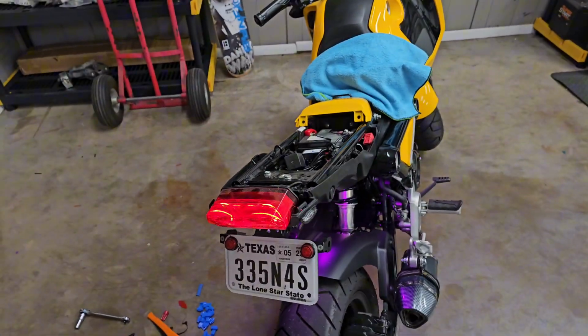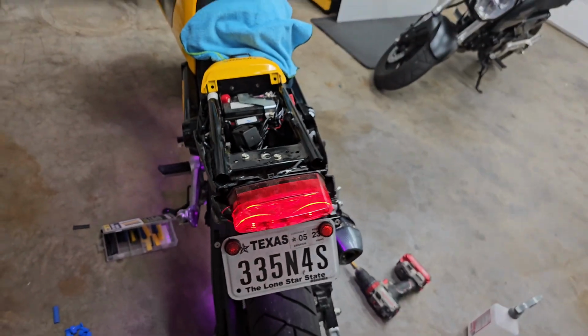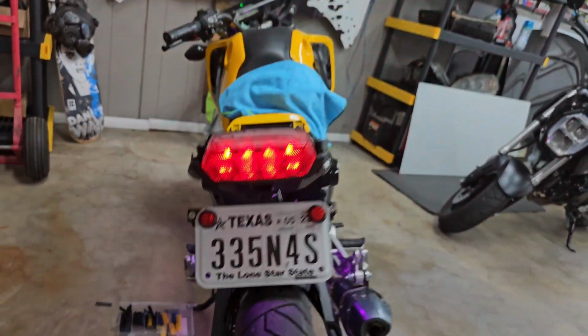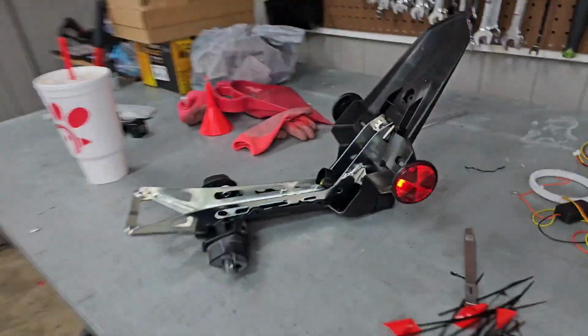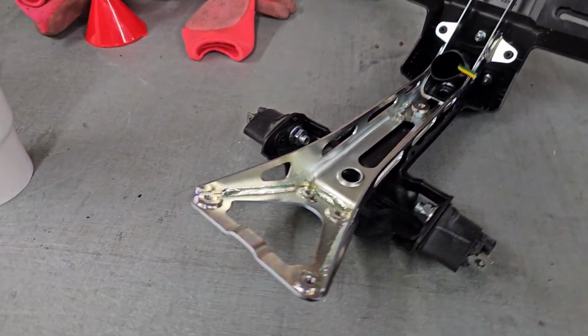So I got the flush mount, drilled holes in the rear tail fairing, installed them. And what I did was I took the wiring from the rear fender, cut off the license plate light,